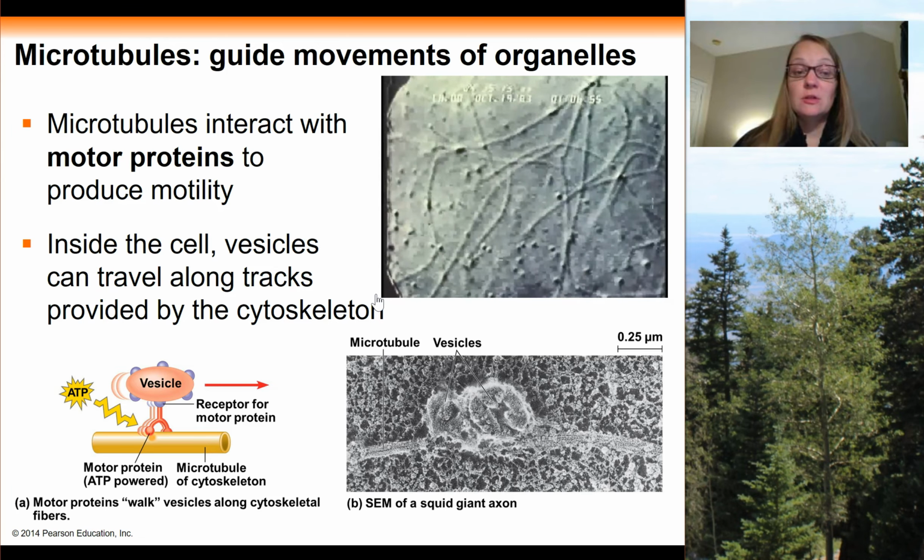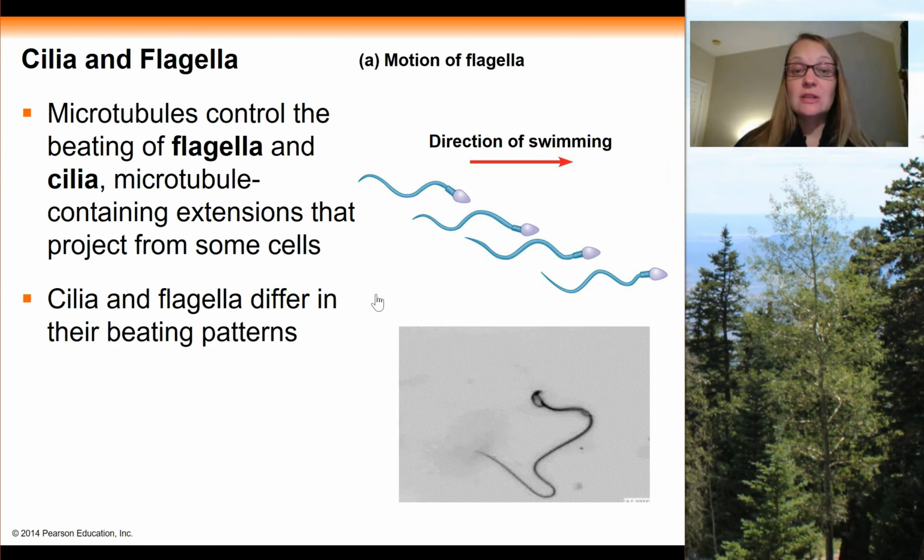Another way the microtubules participate in movement is actually moving the cell itself. So if a cell has capabilities to move, it'll have typically one of two different structures. Either it'll have a flagellum, or flagella if it's plural, or it'll have a cilium, or cilia, plural. And these two structures are actually very similar in terms of the fact that they have these microtubules on the inside of these long appendages that are attached to the outside of the cells, and they're essentially just covered in plasma membrane. So similarities there in terms of structure, but the flagella